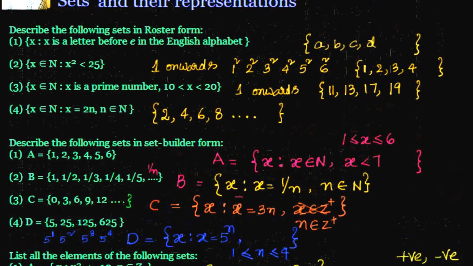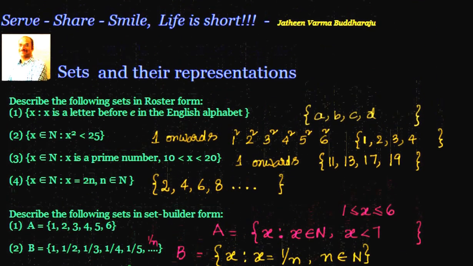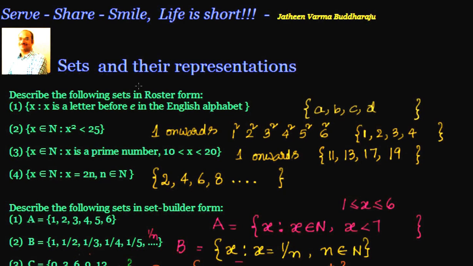So that's how we did some examples just to apply the concepts we have learned about sets and their representations. In the next session, as I said earlier, we will look at different types of sets and understand some next level concepts, that's about subsets, supersets or universal sets, power sets. Then we will go on to Venn diagrams, and it's going to get more and more interesting as we are moving forward.